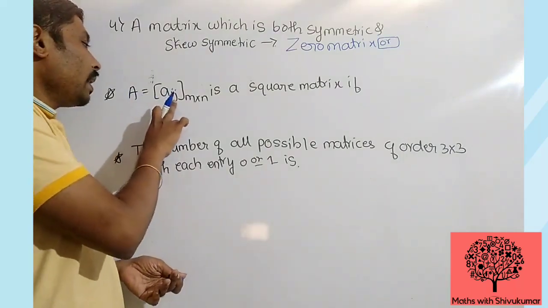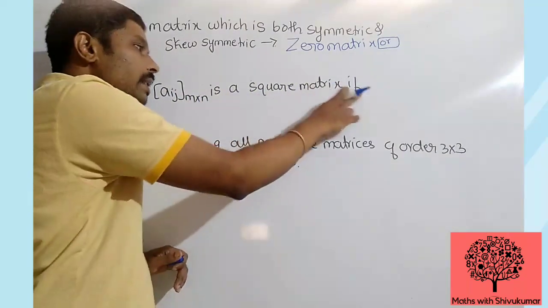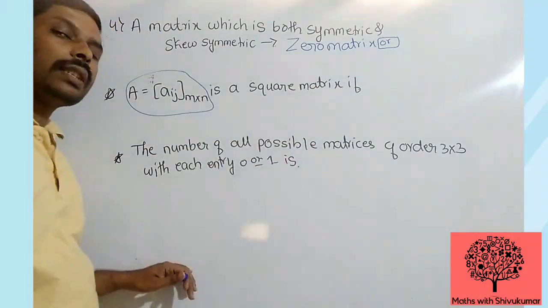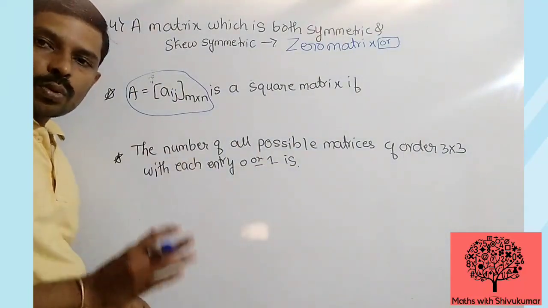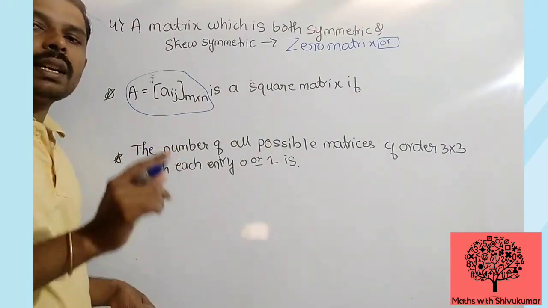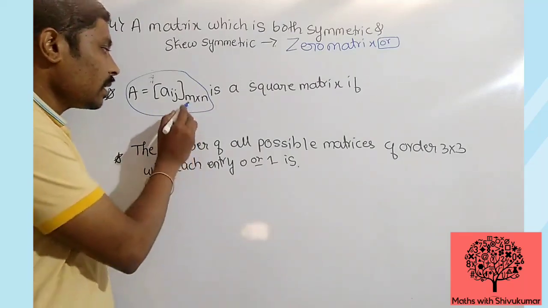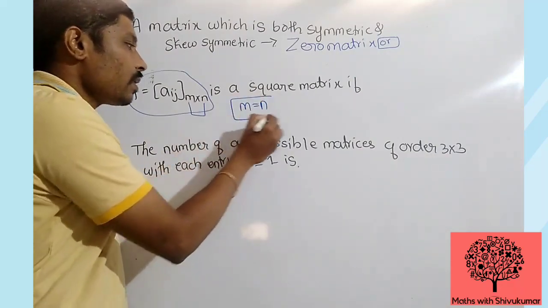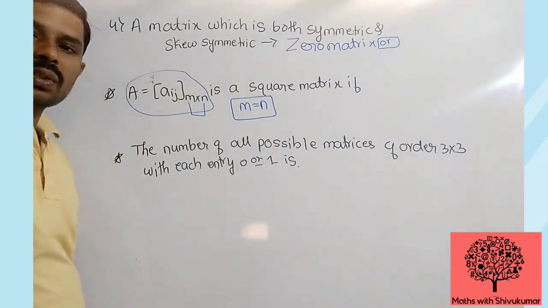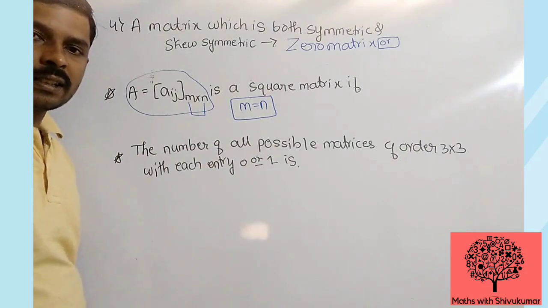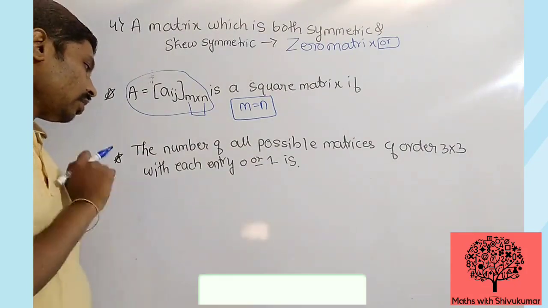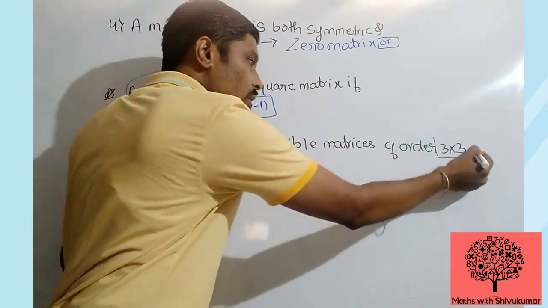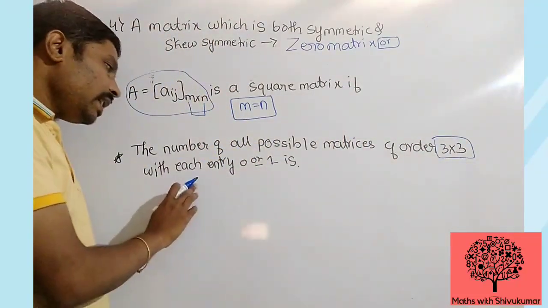A = [aij] m cross n is a square matrix. When is it a square matrix? We have discussed the definition of the square matrix. What is the definition? Number of rows is equal to number of columns, then we can say it is a square matrix. So the condition is if m equals n, then the given matrix is a square matrix. Clear? Okay. So next, observe: